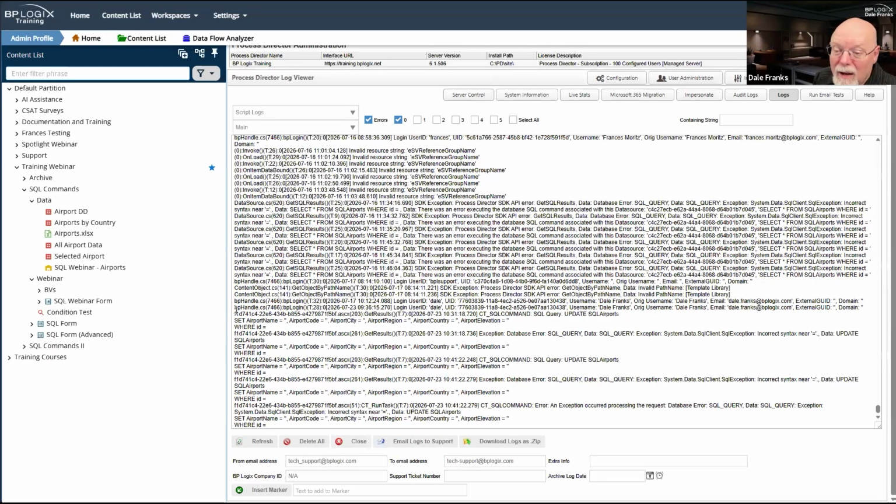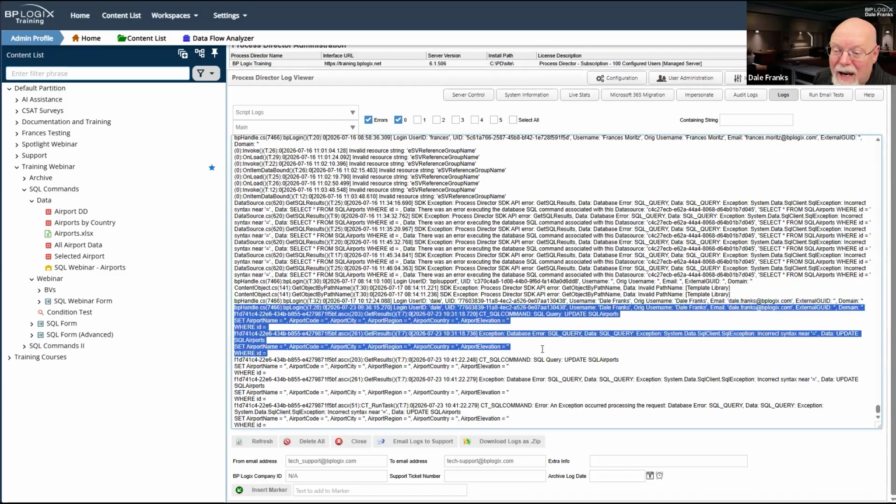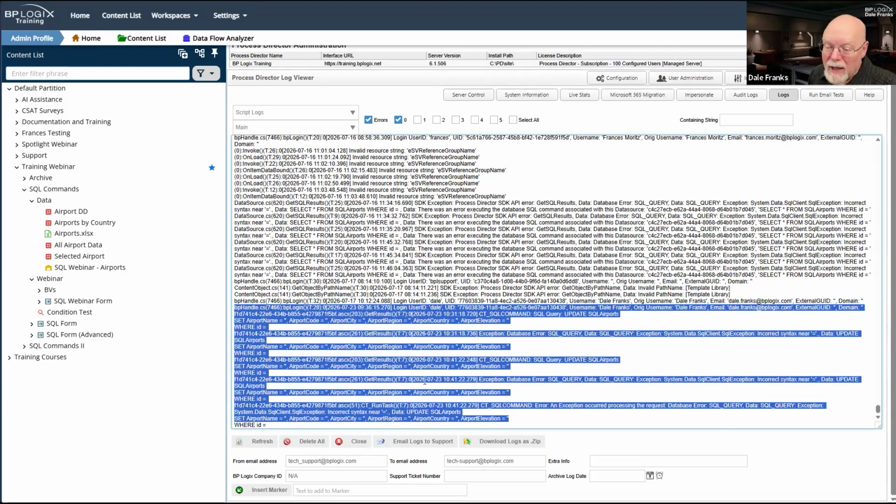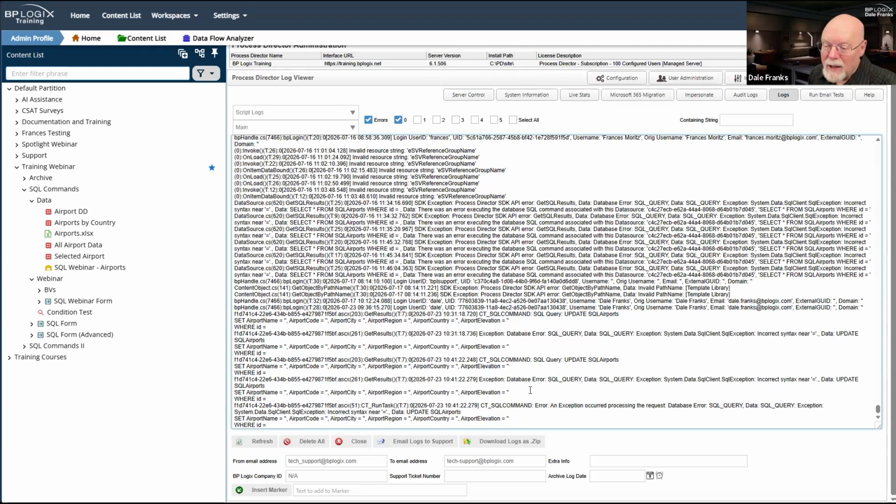I guess it starts right here, that command where it tried to pass that command. And we can look at that command and see that it is wrong, because we're getting the incorrect syntax near equal sign. And the reason we're getting that is where ID equals nothing.